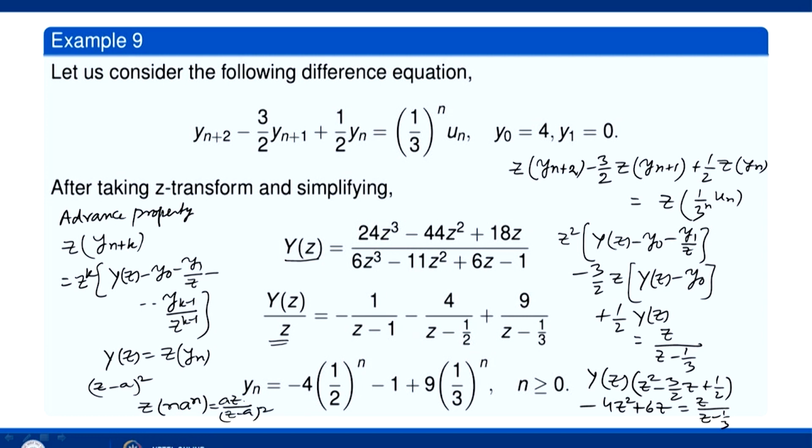So, here also we will write Y z over z, and then we will write the partial fractions. We multiply by z. When we multiply by z, the partial fraction corresponding to the z minus a square factor will have z over z minus a whole square. Okay. So, inverse transform will be easy to find. It will be n a to the power n divided by a, that is n times a to the power n minus 1.